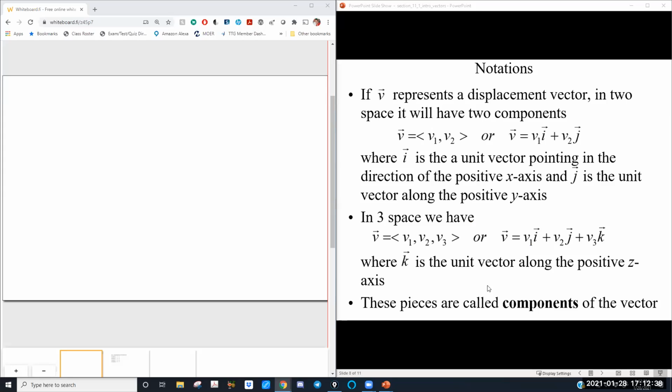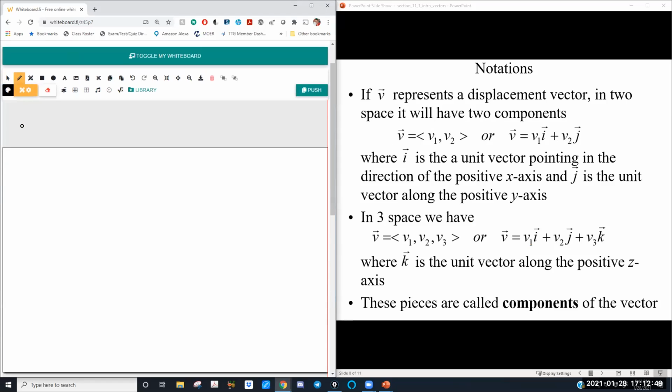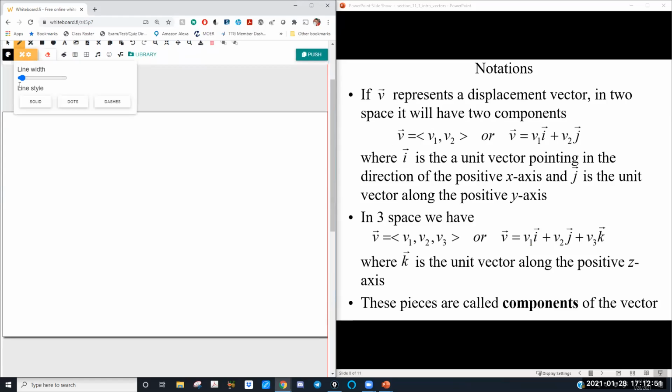All right, some notation. We have 2 notations for vectors. So first let's start off with our 2D vector. And there's 2 different notations, and I have a preference, but I don't force either of them. I'm partial to this first notation. I like the brackets. It's just what I always used when I took my classes. That's my horizontal component. That's my vertical component.